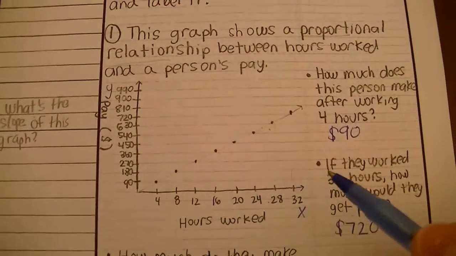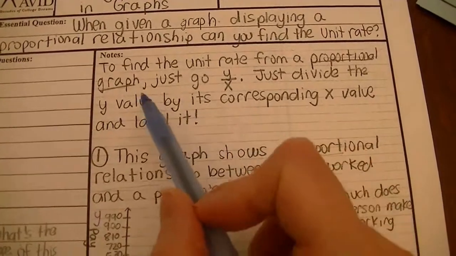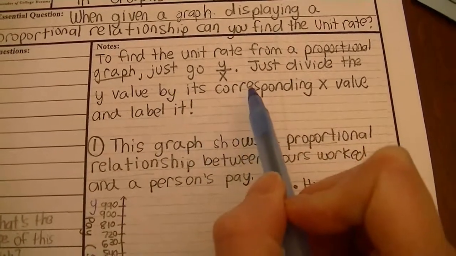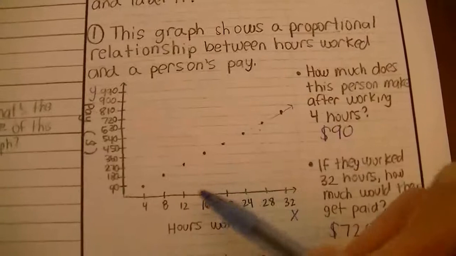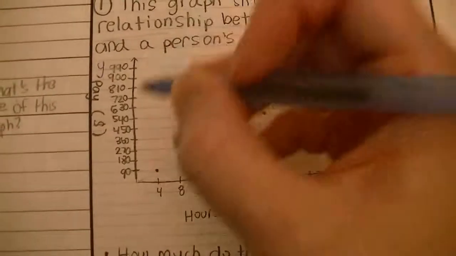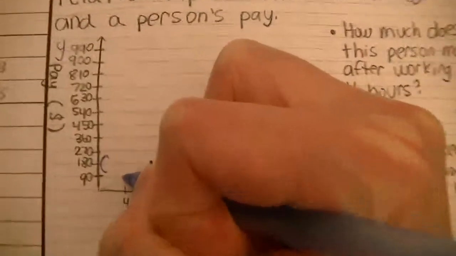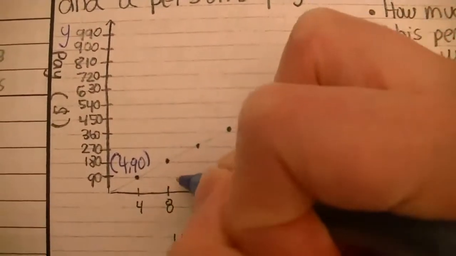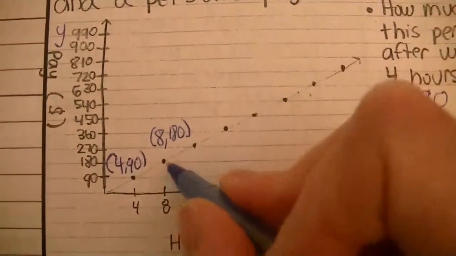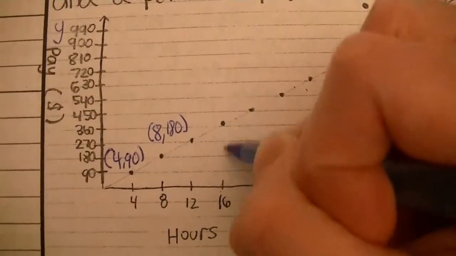So in cases like this, you can do what you need to do to find that unit rate because it's a proportional graph. Something that really helps is finding some of the little points on the graph that are at perfect little intersections with the grid behind the graph. So this is 90. This one right here is at 180. And I'm kind of running out of room. Let's go with this one right here,